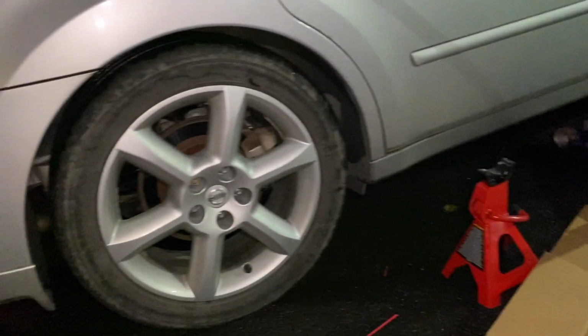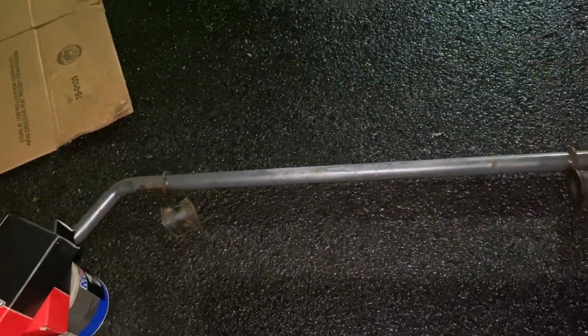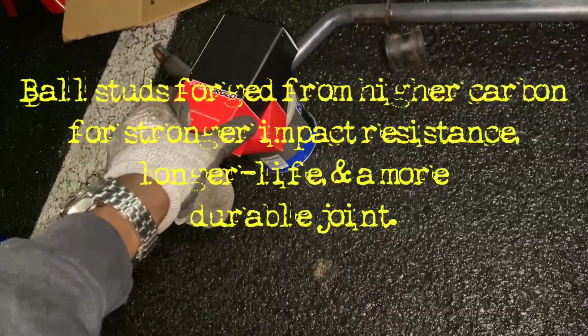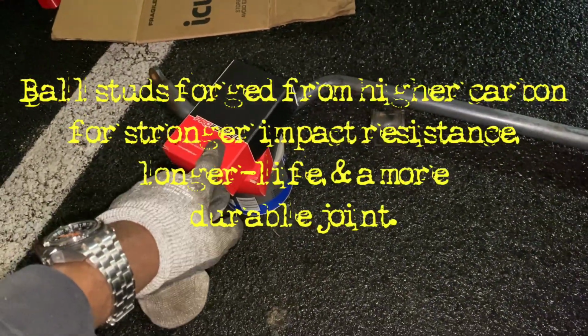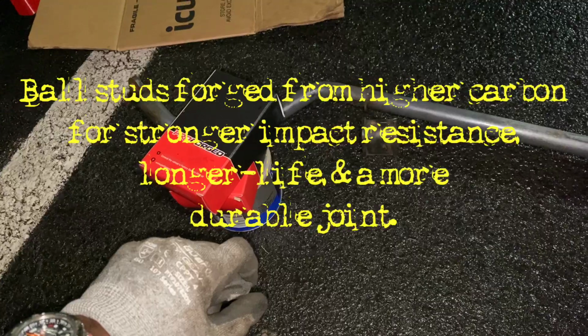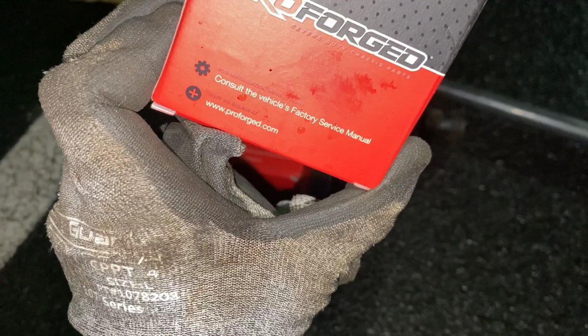Just got my rear Progress anti-sway bar out of the old Surfer. Now, let's jack this up and get it into the new Silver Surfer 2.0. So, got bar, got my rubber bushings, got my grease, got my new end links. I went with the Pro Forged off of rockauto.com. I'll drop a little additive on here just to give y'all a little feedback on these, but yeah, these joints